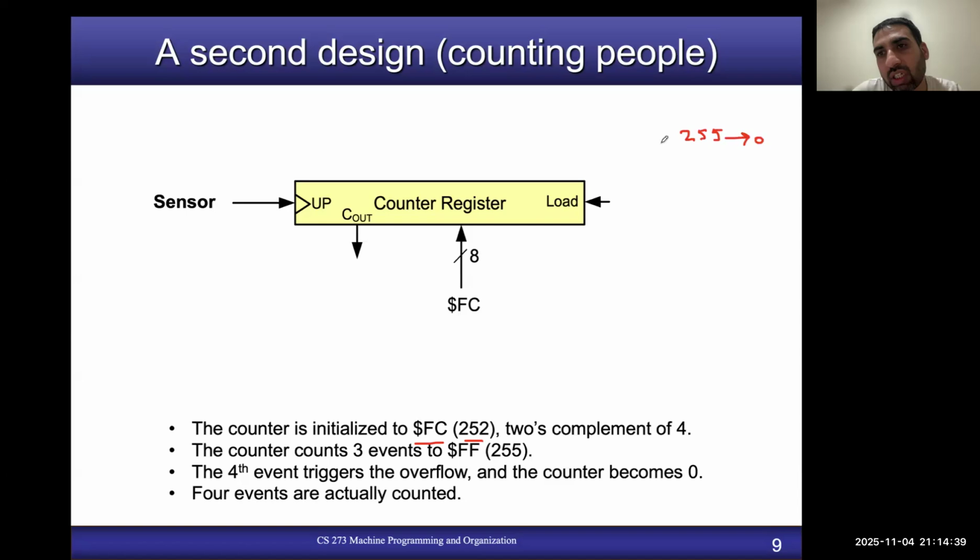So if I initialize this counter with a value of 252, and then every time a person passes, the value of the counter is incremented. Initially it is 252. If the first person passes, it will become 253. When the second person passes, it will become 254. And when